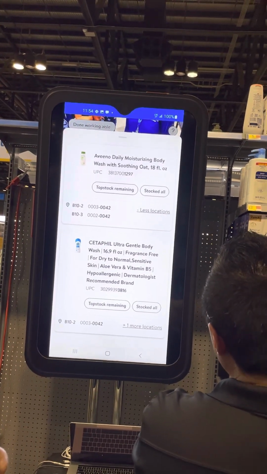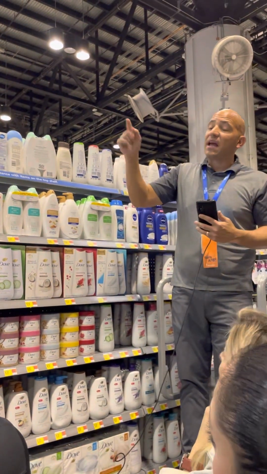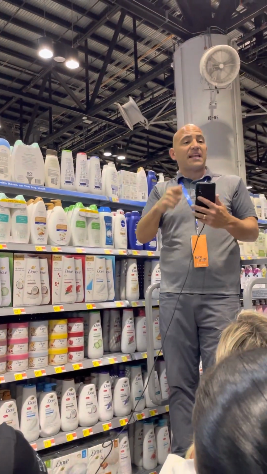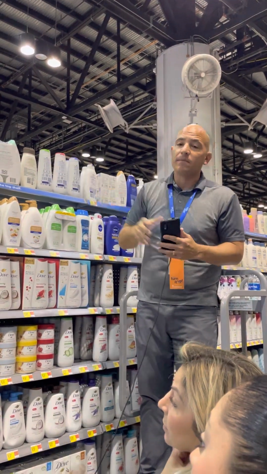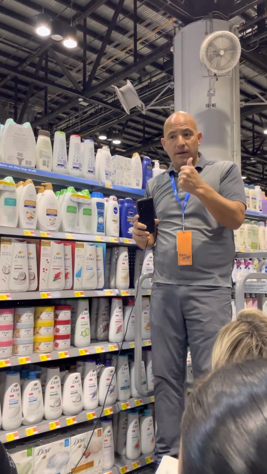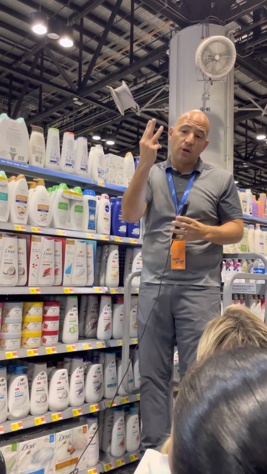Because that's going to take that item out of that section, okay? Let's say that they brought down 5 and they filled 2 and they put 3 back up, they have to press top stock remaining. Now, the reason that's important is because we're gonna send 3 signals out